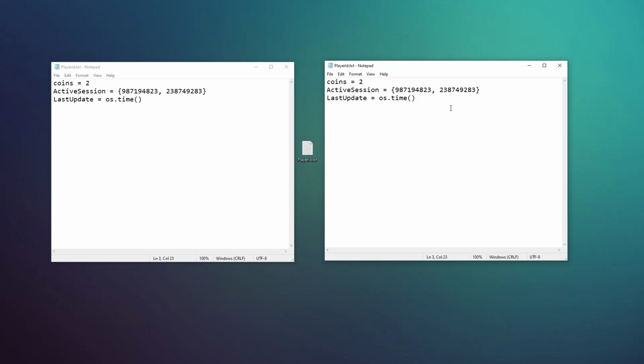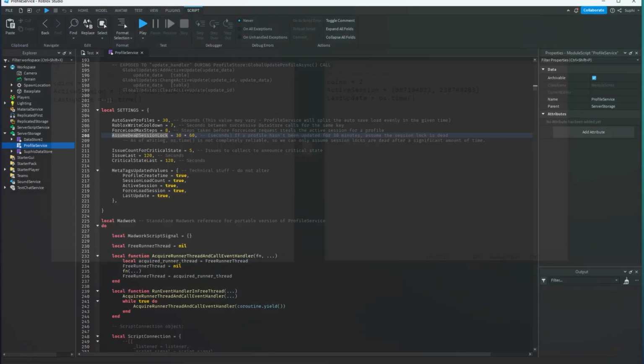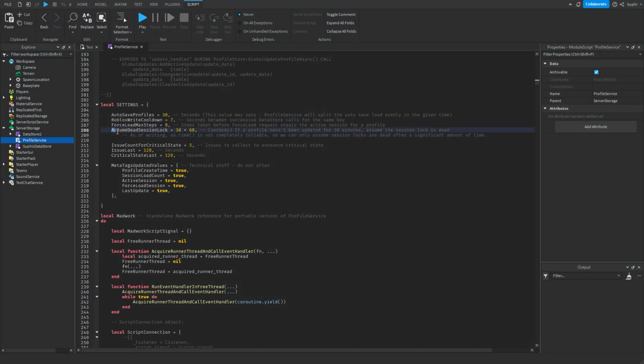So in order to combat this problem, what ProfileService has done is they have assumed the session is dead after 30 minutes. And here we can see it says, as of writing, OS time is not completely reliable, so we can only assume session locks are dead after a